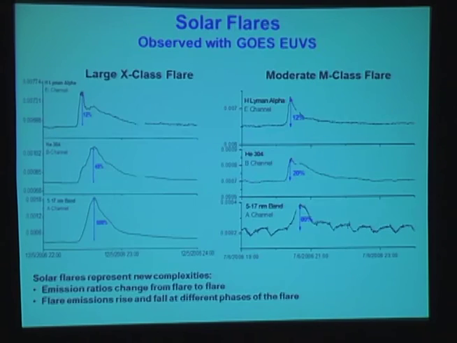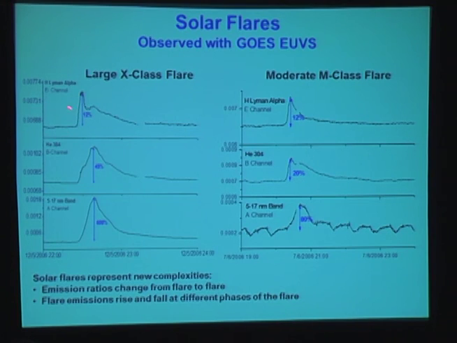Now the other thing is solar flares. This is just an example of 2 flares, an X-class flare and an M-class flare. So in the X-rays, there's an order of magnitude difference in the flux. But if you look at Lyman alpha, they have exactly the same magnitude change. If you look at 304, the big flare is a 45% change, the small flare 20%, so now you've got a factor of 2 difference. And if you go to the shorter wavelengths, you're going from 80% to 600%, so you almost have your order of magnitude change. So you need a lot of spectral information to study flares,